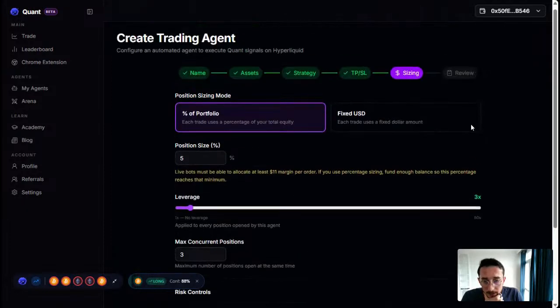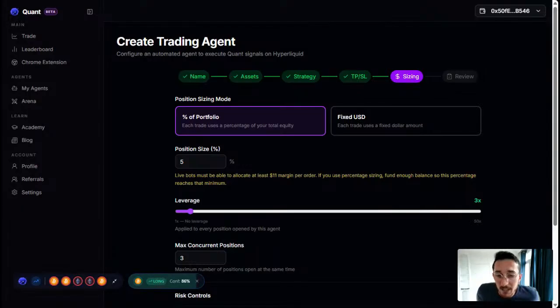Next. So next is very important, right? It's my sizing strategy. So what does it mean? That's what I'm doing right now. I basically did it for all my other bots. I just did it with code. But right now I'm doing it with the UI, but it's exactly the same.